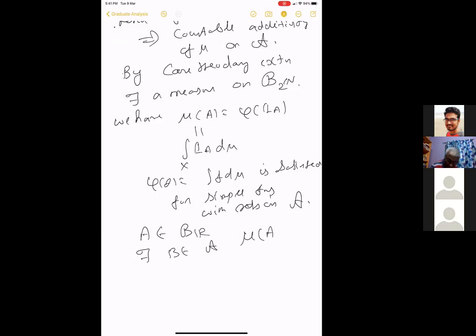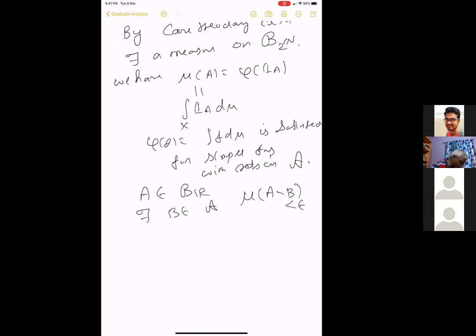Or you can use the algebra; that also you can do, which is in the exam also. You have the algebra and you can approximate any set in the Borel sigma algebra by it, so that the measure of A minus B is less than epsilon. Given epsilon, we can get a set like this. So this implies that